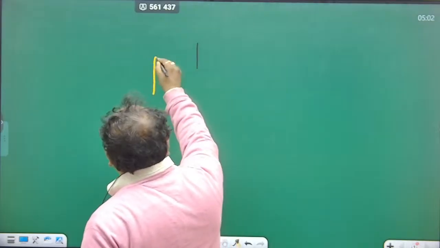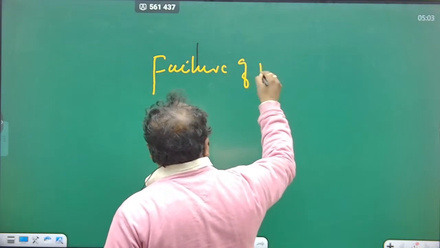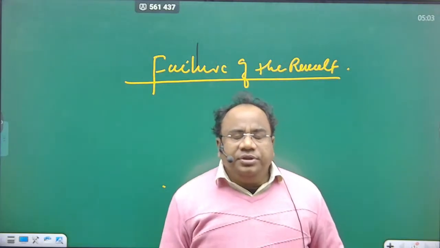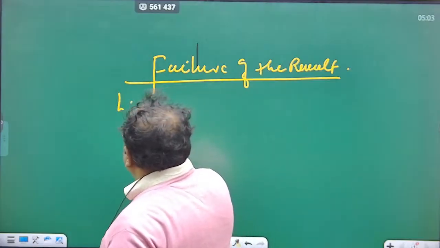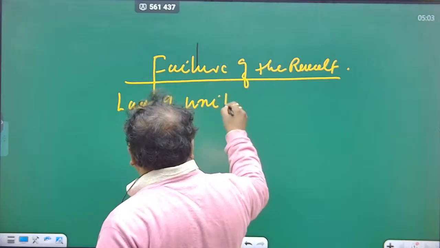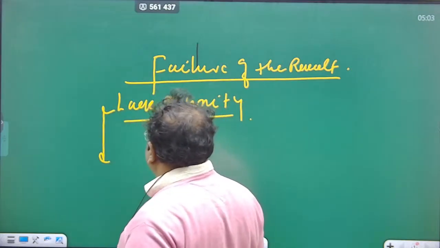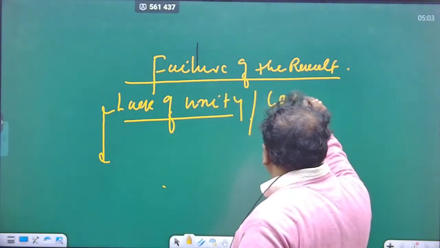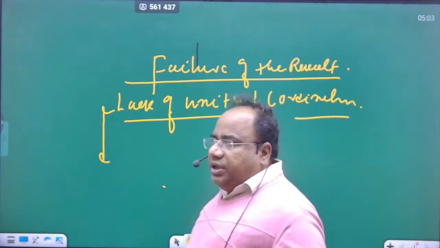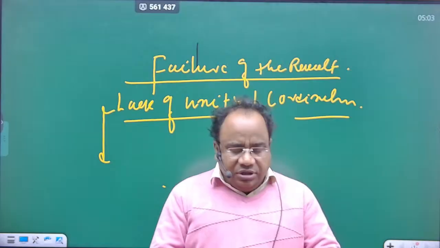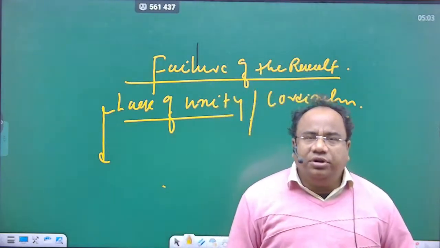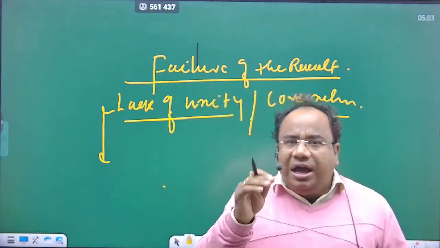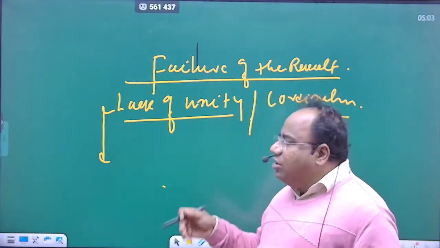See, the failure of the revolt, right? I told you that there is a lack of unity, one point, unity and coordination. In the last class, we discussed that there are a number of factors, like socio-economic and political factors, that led to the revolt, right? So the revolt had certain factors and certain leaders representing it. Now, coming to the failure points: lack of unity,